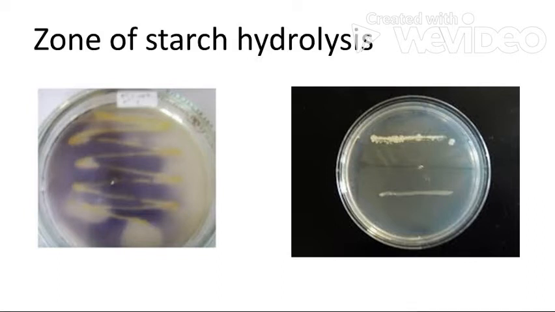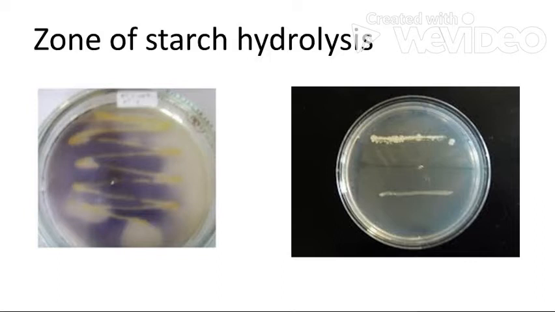So, the dominant family here is Bacillus species. As you know, Bacillus are spore formers, so they are able to tolerate high temperature. So if you put the soil suspension at boiling for 10 minutes, the other population will be inhibited and only Bacillus will grow. When you inoculate this Bacillus onto a starch agar plate, you will be able to see the zone of starch hydrolysis.